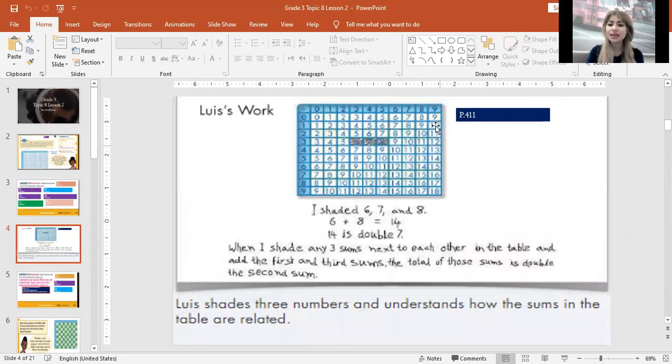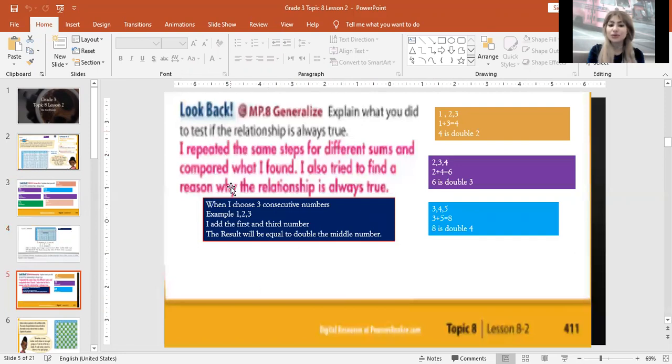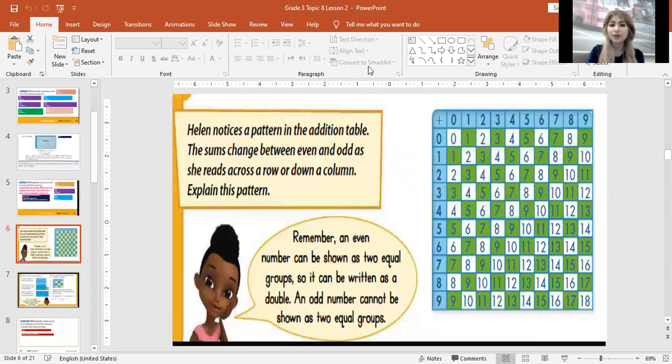Here we have this table. You can write it. It's the same table, and shade 6, 7, 8 and write, explain for us. When I shade any three sums next to each other in the table and the first and third sums, the total of these sums is double the second sum. The total of 6 plus 8 is double the second sum, which is 7. And also here it is the same. So this is a way you can do your